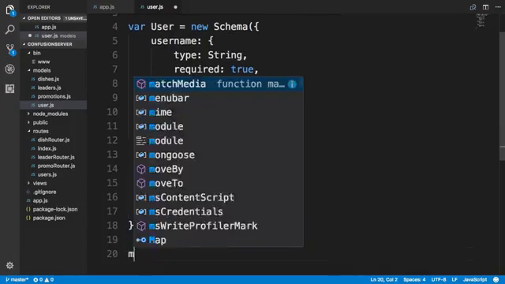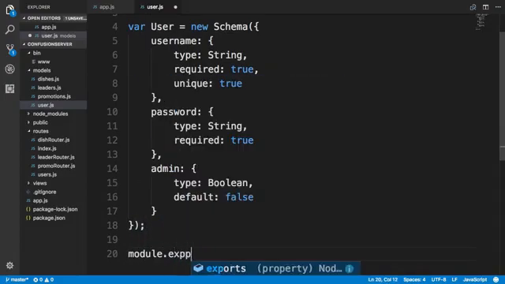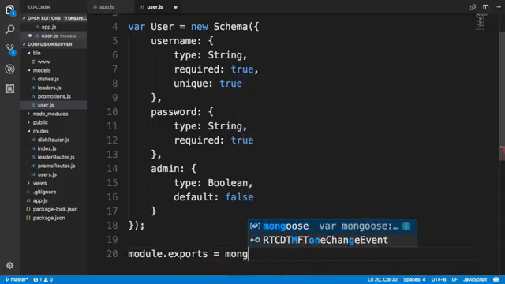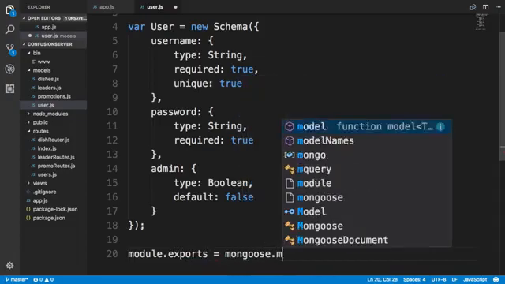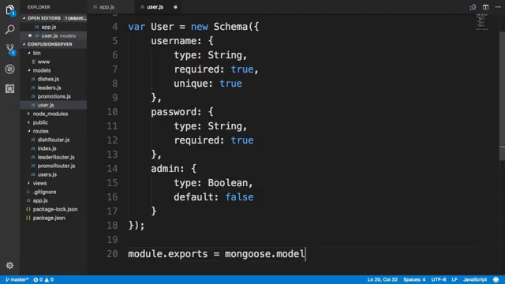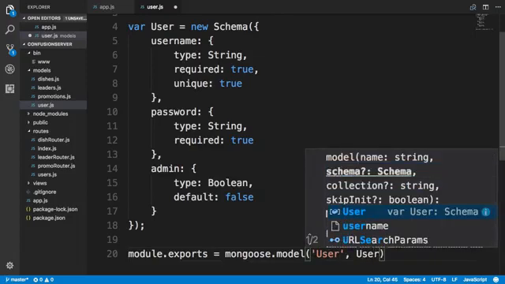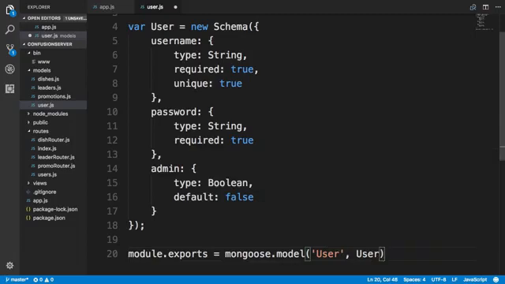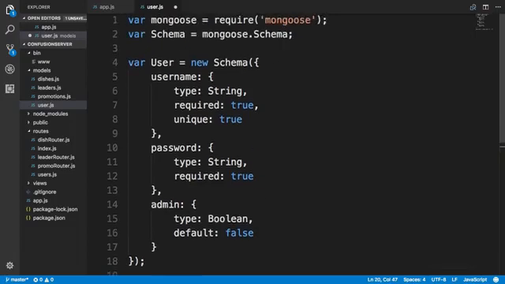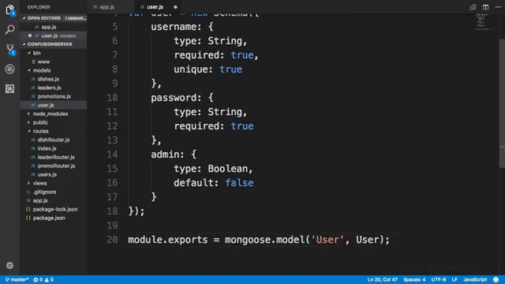Let's create a module out of this and export from this module a Mongoose model of the name user. So this is the Mongoose model, and the schema is the user schema that we have just defined a little bit earlier. So this is how we define our user schema. So now that we have defined our user schema,